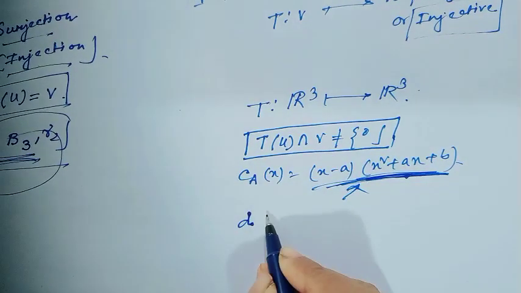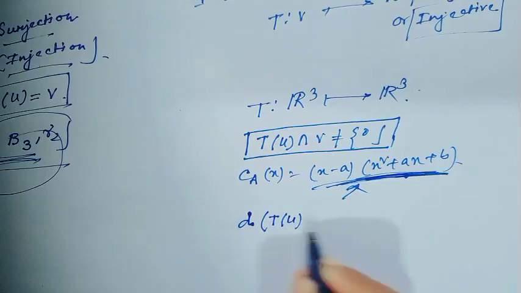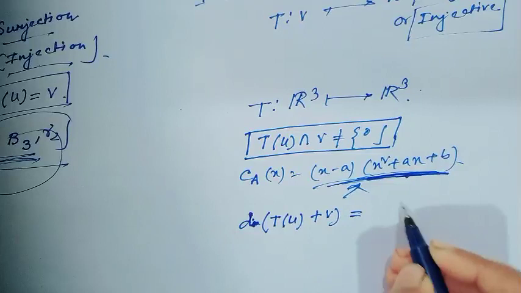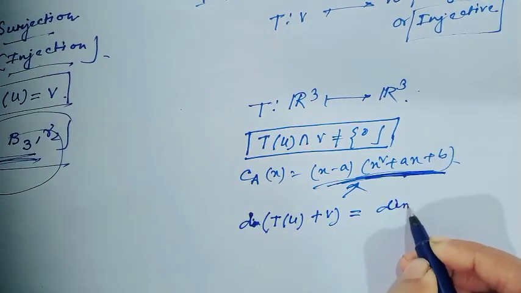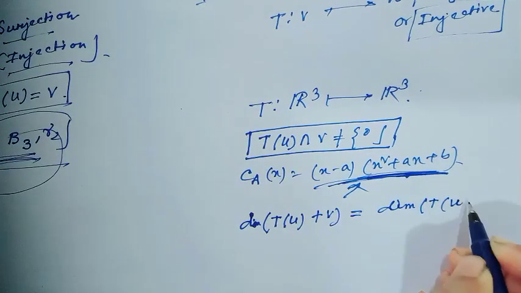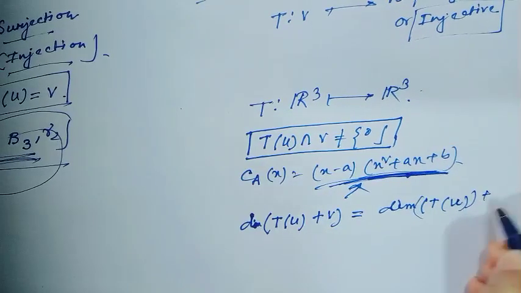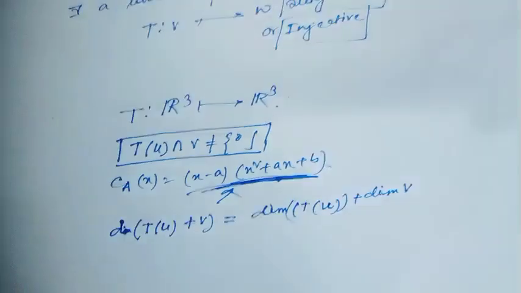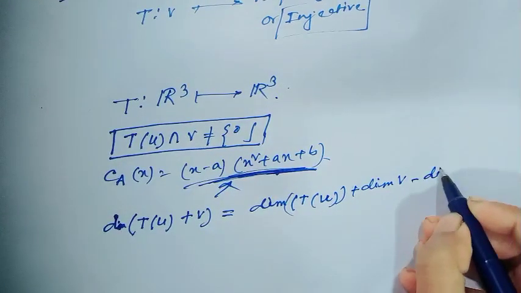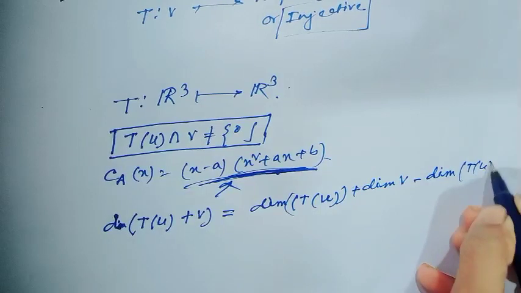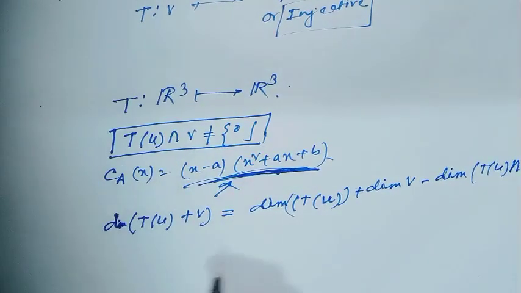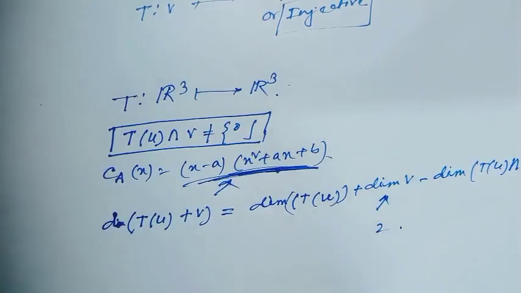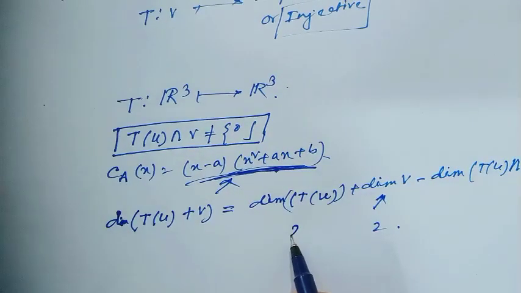Dimension of U plus V, that means dimension of Tu plus V, is dimension of Tu plus dimension of V minus dimension of Tu intersection V. And I have got dimension of V is 2 and also dimension of Tu would be